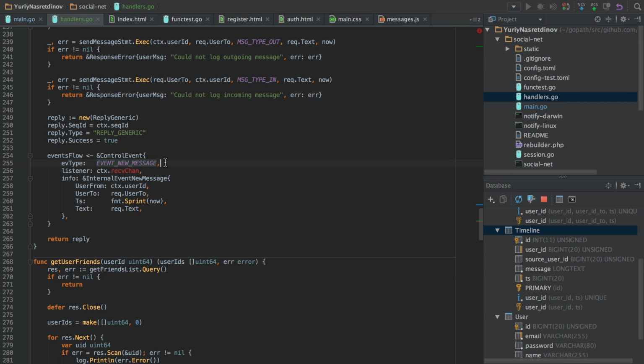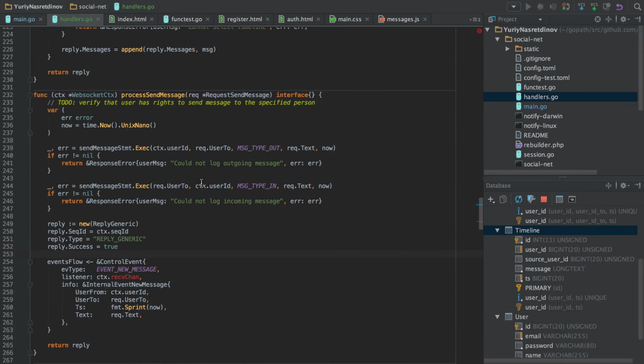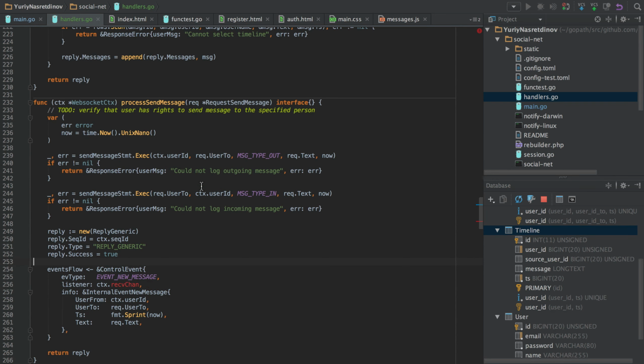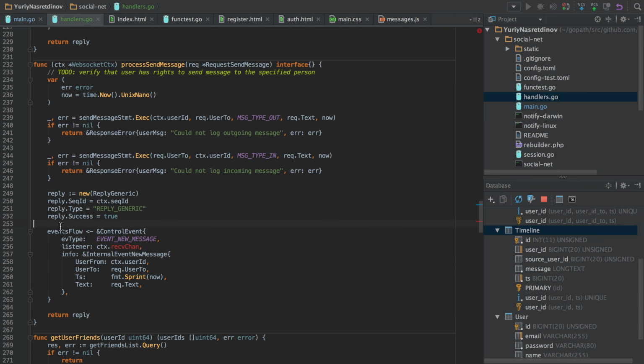If they are not, then we send notifications only to those who are online. So we can get rid of this. We need this control event, so that users receive live notifications.